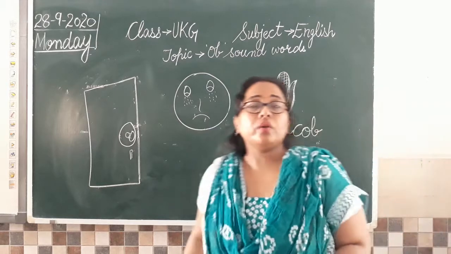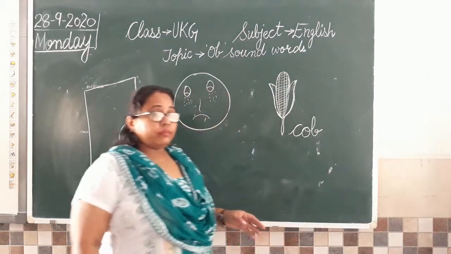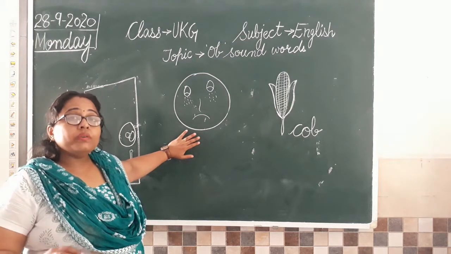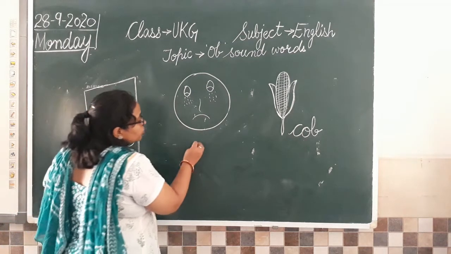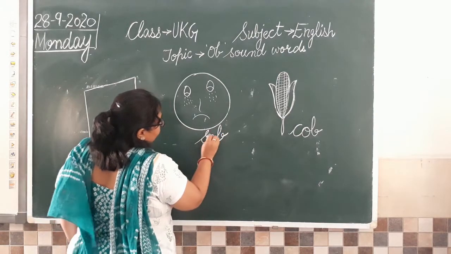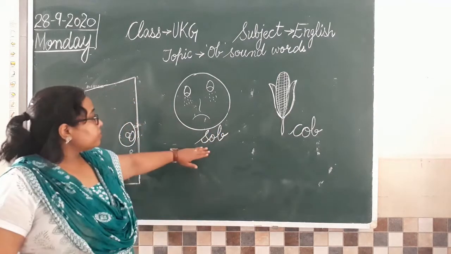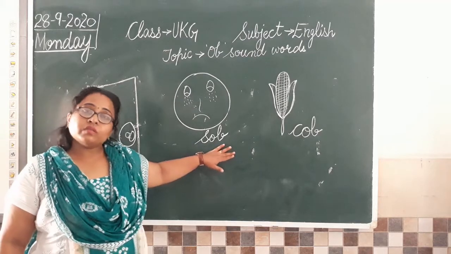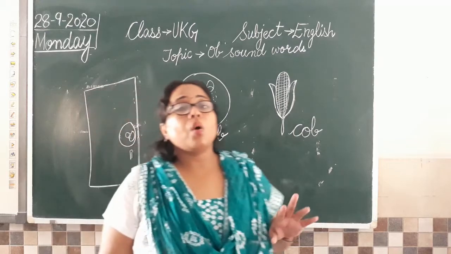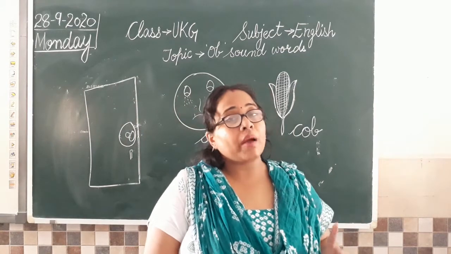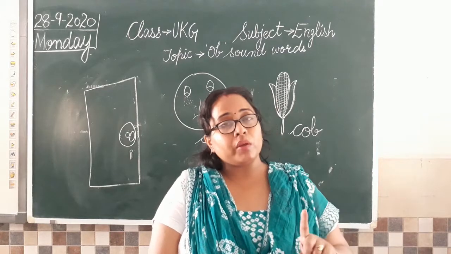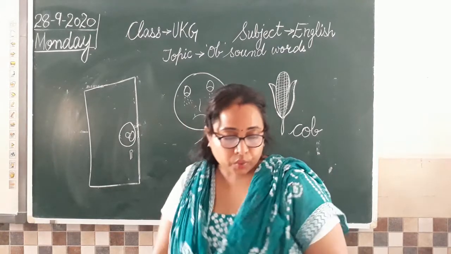Sob. So what are we going to write here? Can you tell me the sound? Sob. So how are we going to do that? Sob. Clear? Sob. So the sound that we are doing is O, and the first family is the ob sound. O sound की first family word है ob. So we are doing that.